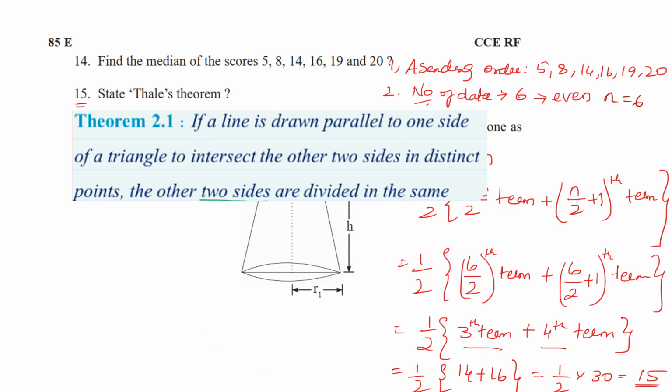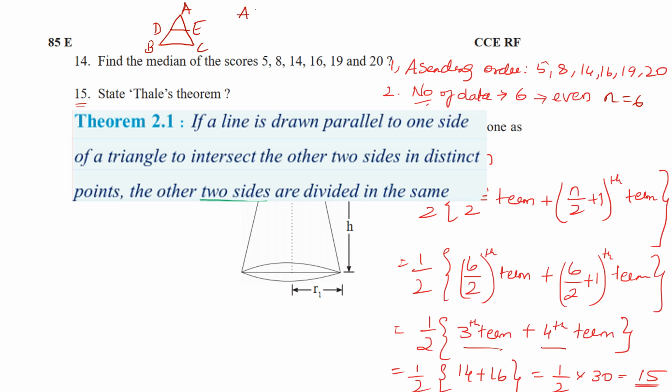Okay. The next question is state Thales theorem. If a line is drawn parallel to one side of a triangle to intersect the other two sides at distinct points, the other two sides are divided in the same ratio. You have a triangle, and you have one parallel line which intersects at points D and E. That is, if ABC is a triangle and DE is parallel to BC,